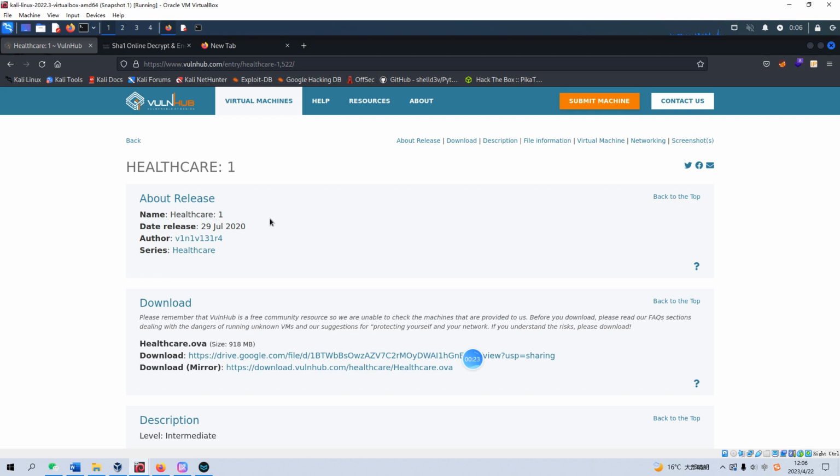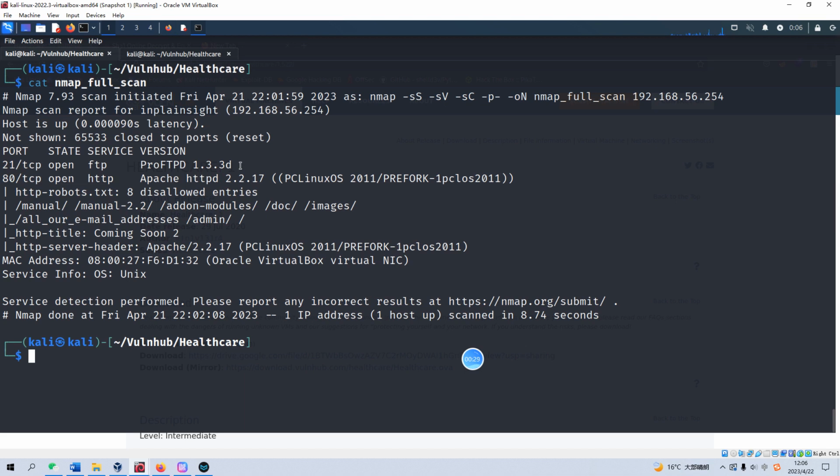Okay, without further ado, let's get started. To save time, I have already imported the virtual machine into VirtualBox. The IP address has been identified as 254. You can use tools like Netdiscover, built into the Linux penetration distribution, maybe any penetration distribution. Also, I have redone the Nmap scanning, and from the Nmap scanning result, as you can see over here,